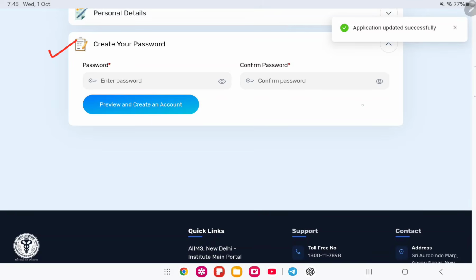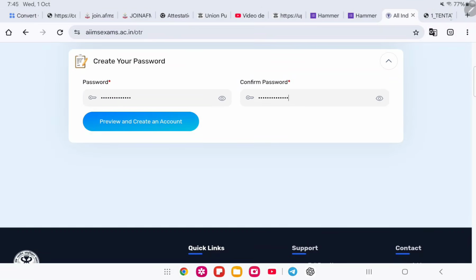In the password, add one capital letter, one small letter, a numerical number, and a special character, and then confirm your password, preview, and create an account.